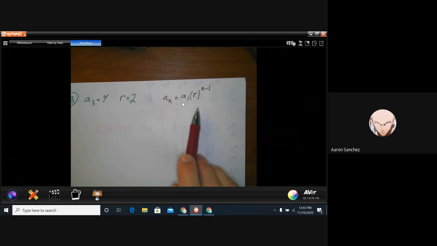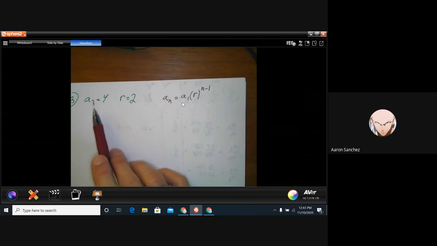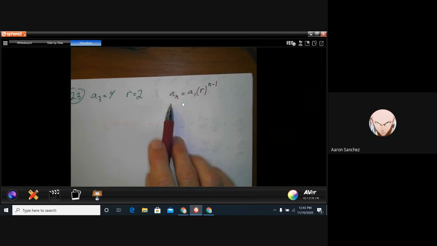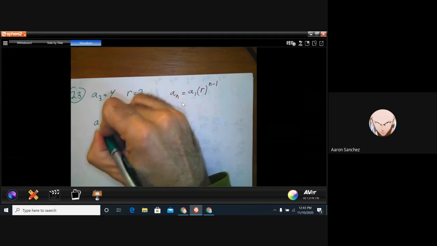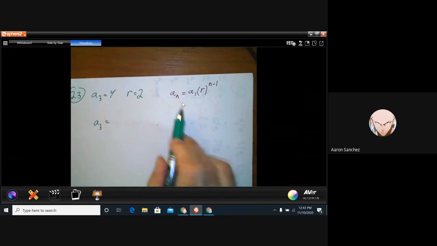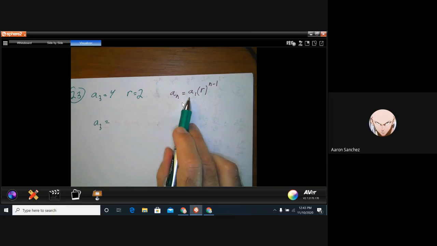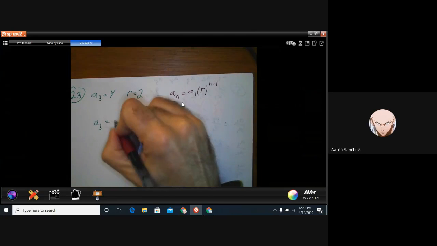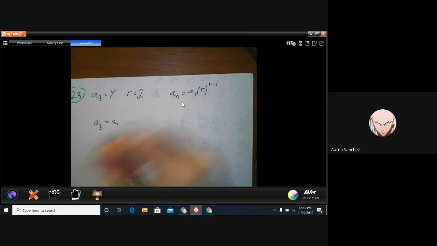You use your rule, and you plug in everything except for a to the 1. Instead of a to the n, I'll do my a to the 3. A to the 3 is equal to 4, equals a to the 1, which we don't know, times r, which is 2,